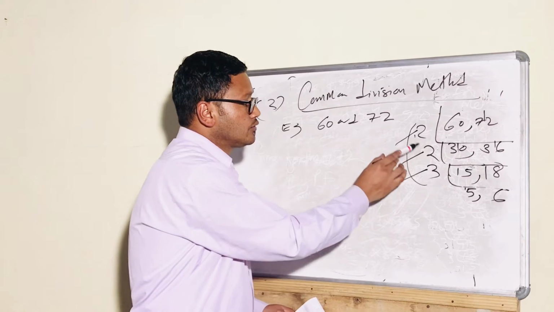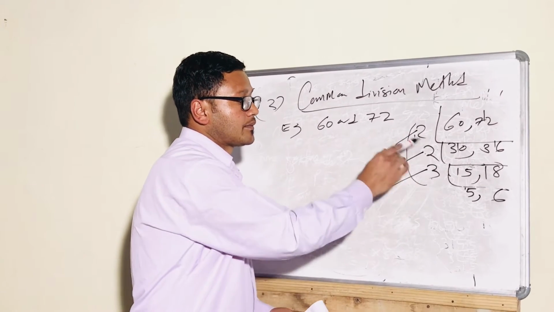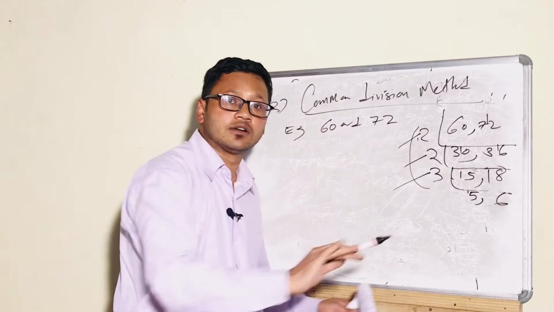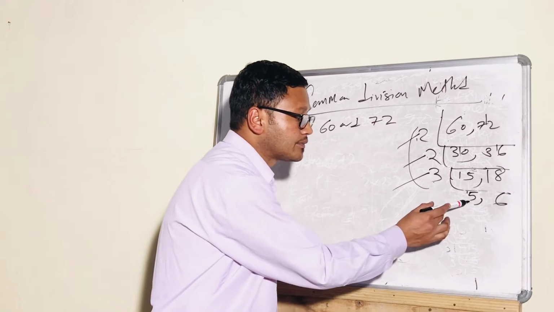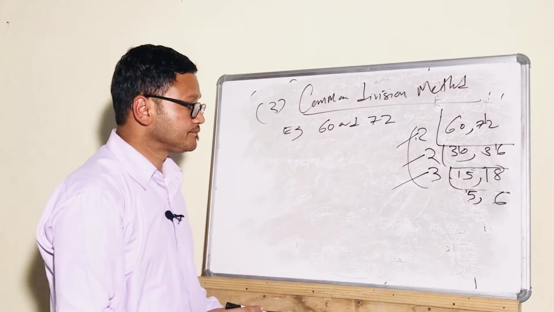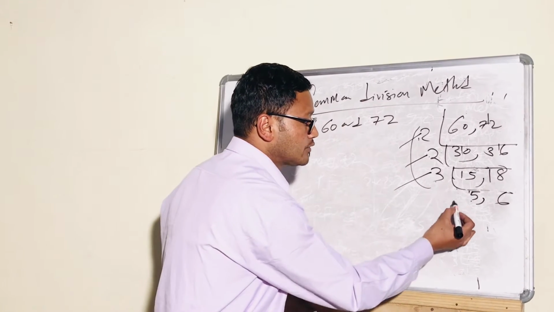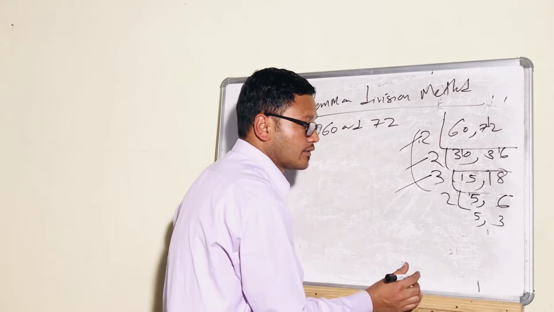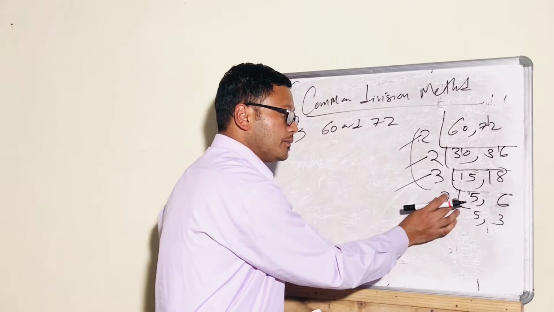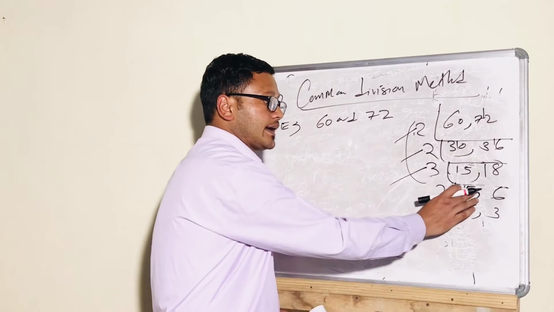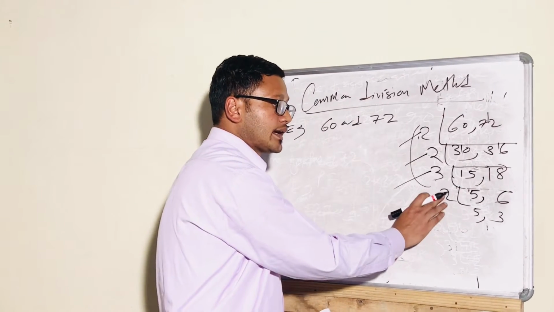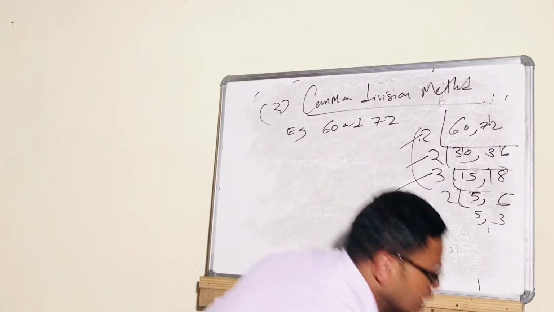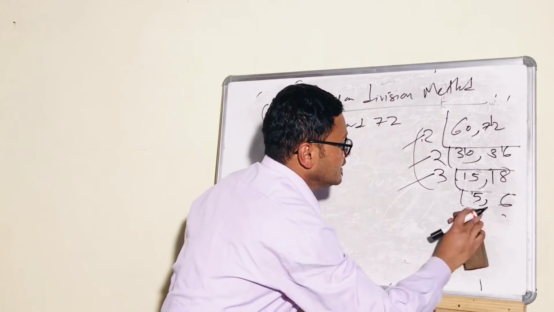That means 2, 2 and 3, these are the prime numbers, prime factors. Now there is no other prime number by which we can divide these 5 and 6. Of course, if we divide by 2 here, 2 5s are 2 3, again wrong, because 2 must divide 5. Actually 5 cannot be divided by 2, that's why we cannot take 2. Understood? So we'll drop this one.